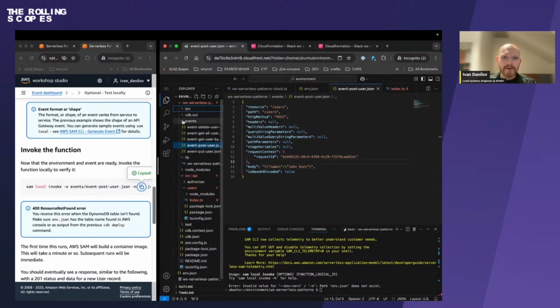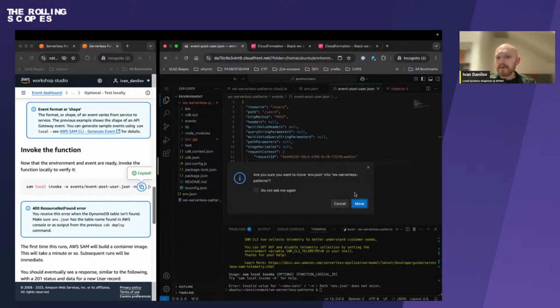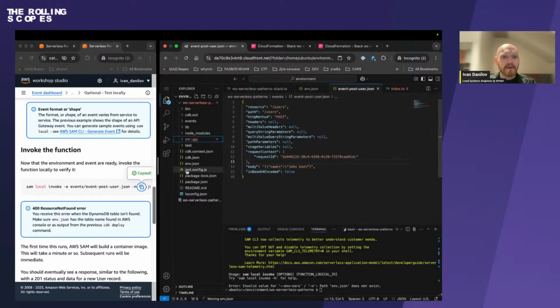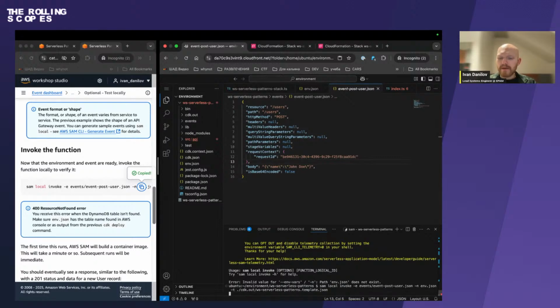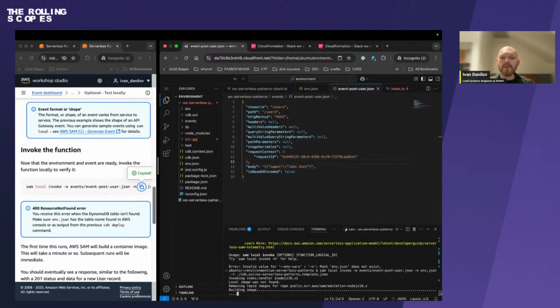Oh yeah, sure. I created the JSON not in the place where I wanted to. So it should be just near cdk.json or in the folder AWS Serverless Patterns. Trying again. And it started building the image, and then we'll send